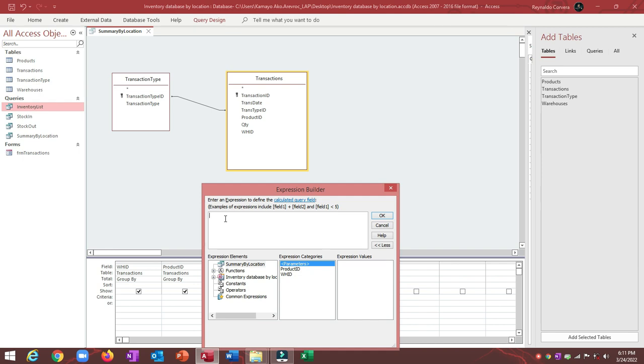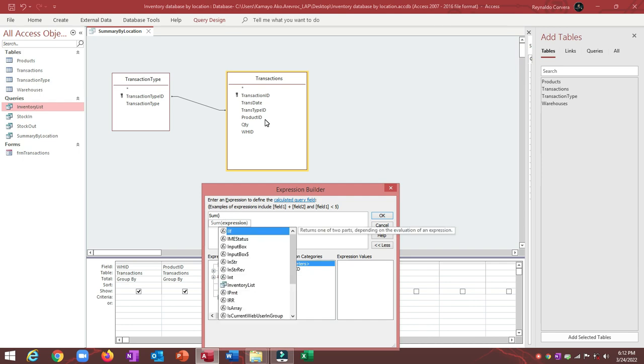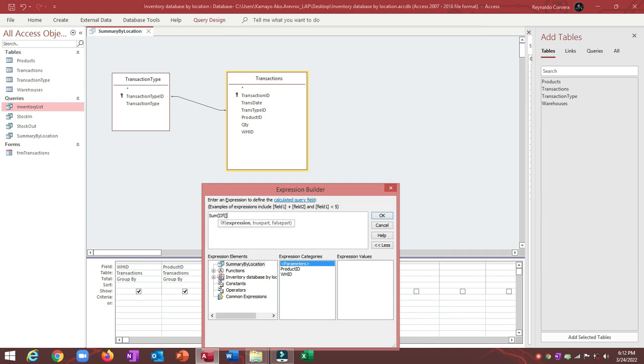Okay, now I will type here sum, then if trans type ID equal, or transaction type ID equal 1, then